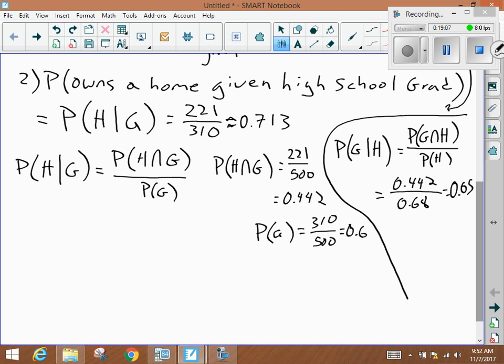So then, we should be able to calculate 0.442 divided by 0.62 to get a desired outcome. I'm not sure if it's a precise answer, so we'll wait on that. 0.442 divided by 0.62 is